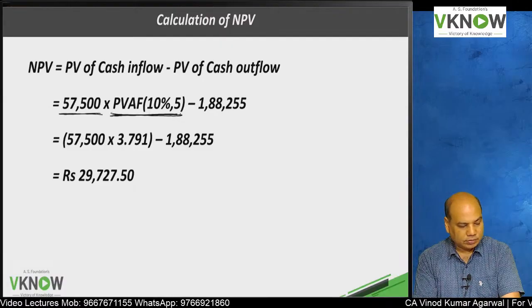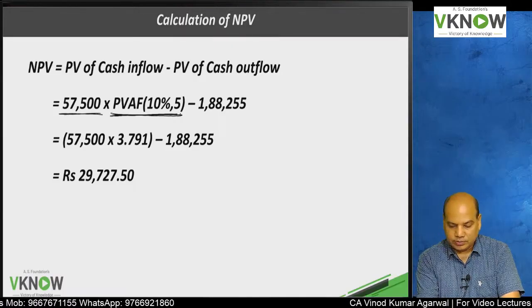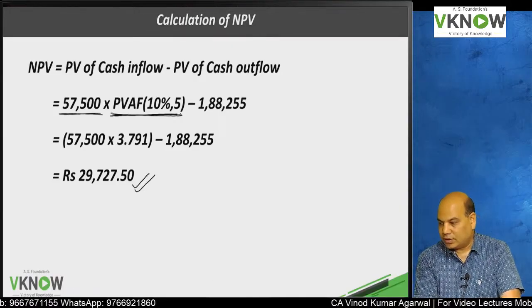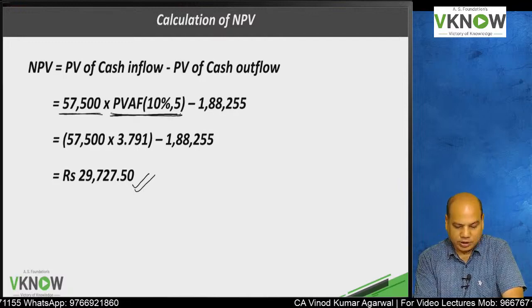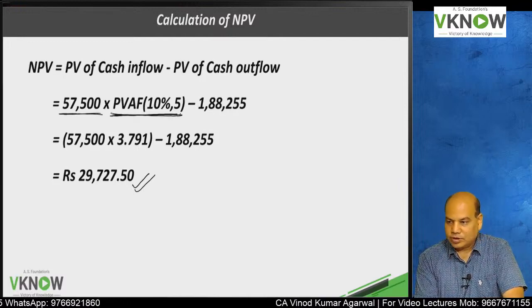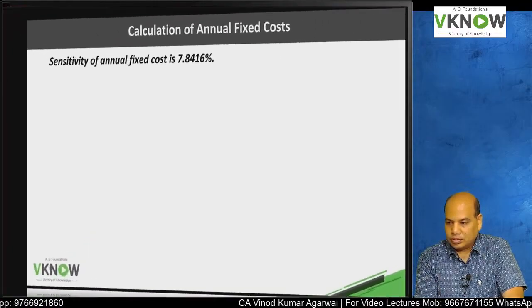Approximately check. Approximately the answer is 29,727.50, which is right. Very good. 29,727.50 is the NPV. Any query on this? Now write down